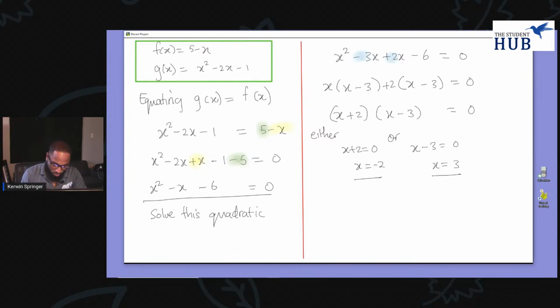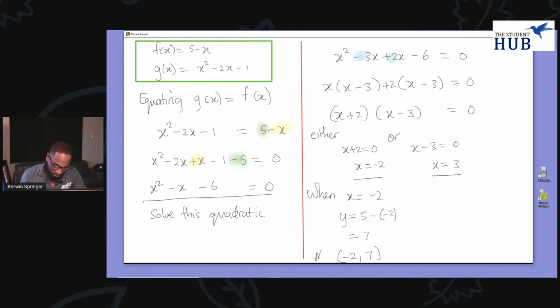Substitute, or I could say when, this is a technique we use, when x is equal to -2, I can find out the y value by using any one of the f of x or g of x, but obviously I'm going to pick this one. Why do you think I'm going to pick the f of x? I'm going to say y is equal to 5 minus -2, which is 5 plus 2, which is 7. So one of the points is -2, 7, and we can call that